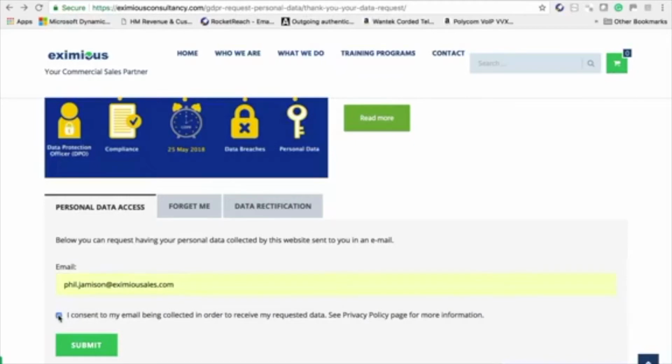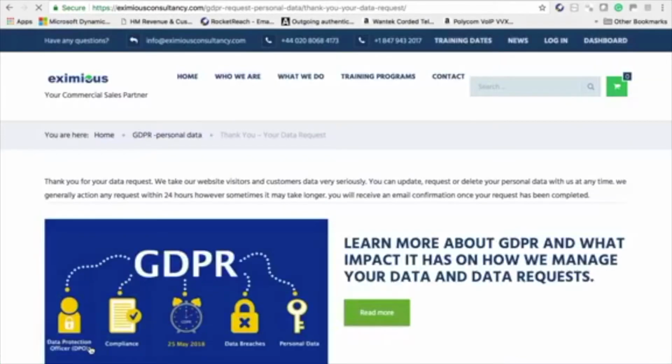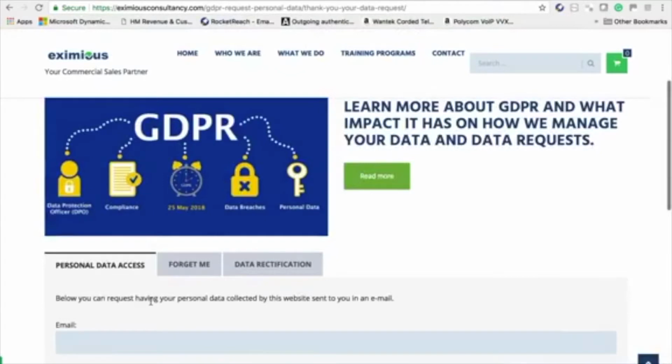I can consent to it, and then I submit it. What that will now do is submit this information as a request to the back end, and then the back end can process that and feed that data back to me in an email in a machine readable version, so JSON and a PDF, because obviously the end user may not have a JSON reader, so it gets presented in a PDF for them to read, and then the JSON that's machine readable and